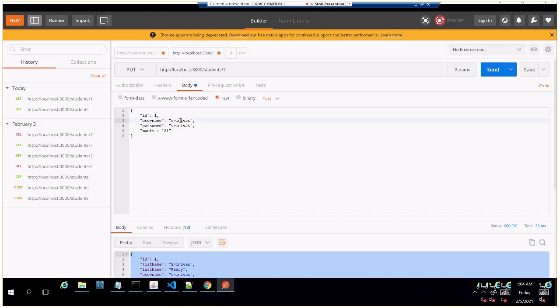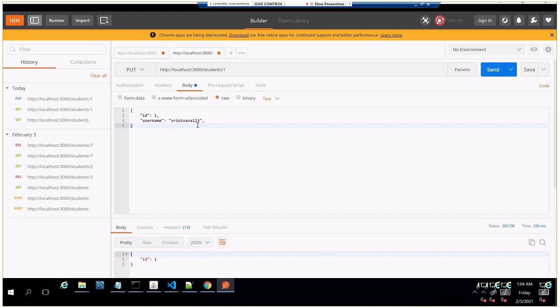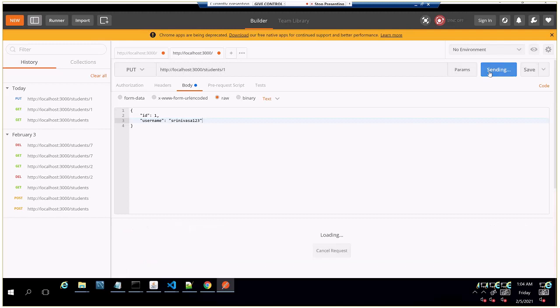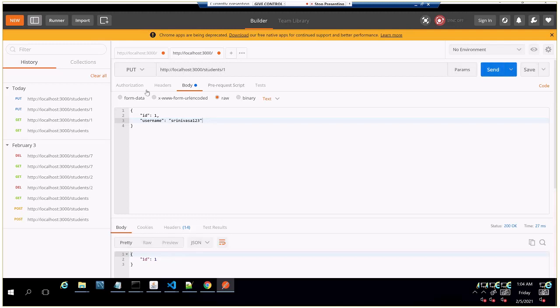You just change this to Srinivas 123, and I'll remove this. These are not required. And see, it is working. Do you need to remove the comma at the end after username? No, it is not required. It understands.